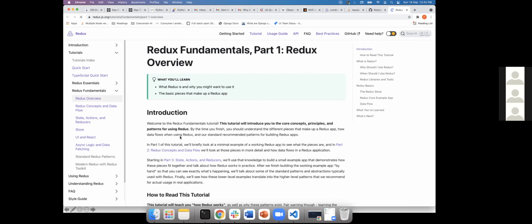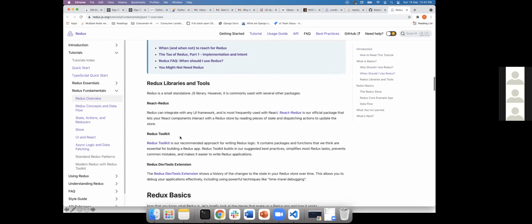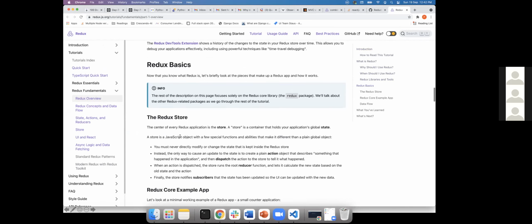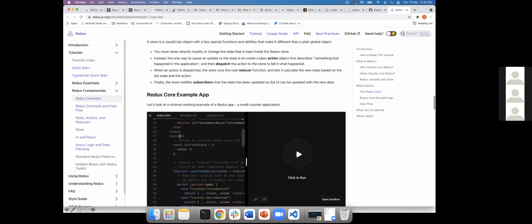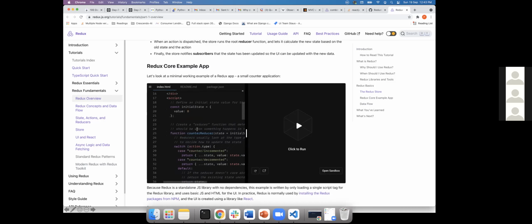Before that, let's talk about some terms. So we know what Redux is now. Redux is a state management library that will have a single store, right? The store is created using createStore. createStore accepts a reducer as an argument.